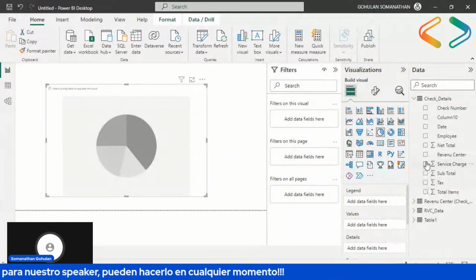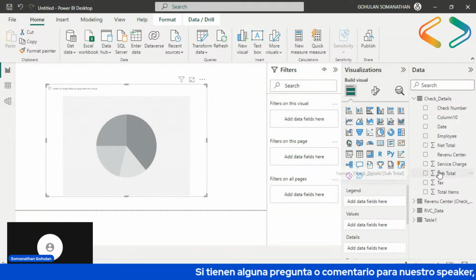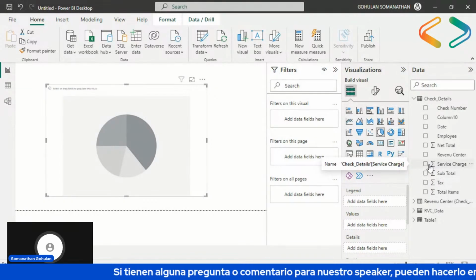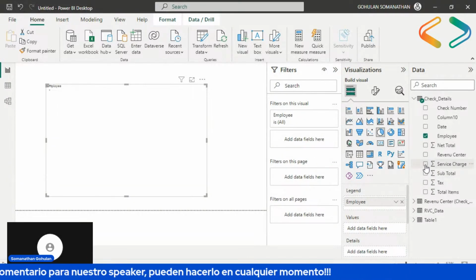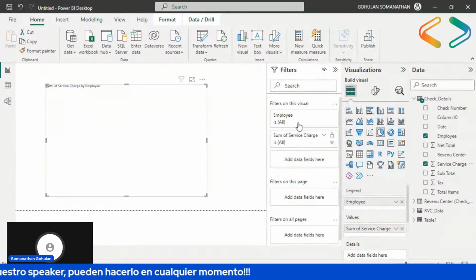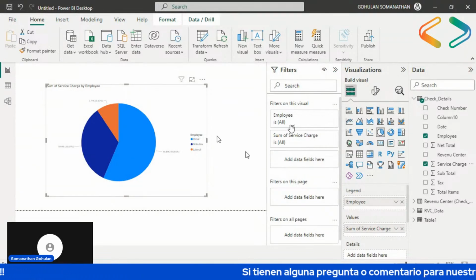This data is about a restaurant and the employee who opened the checks and who closed the checks, and what service charge he gets and the subtotal. So I'm going to check employee versus service charge. Once I ticked, those fields are automatically available inside the Visual Studio.